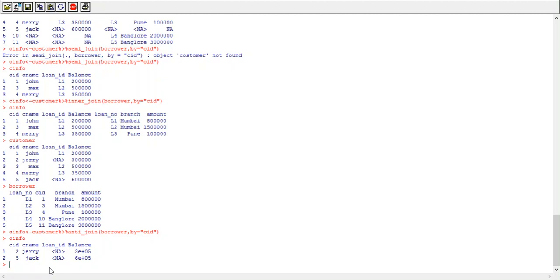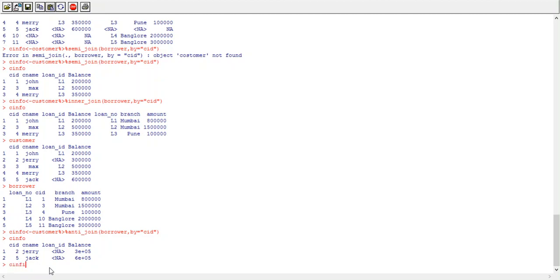Okay. Now we'll see cross join or Cartesian product. So cross join or Cartesian product means all the rows present in one data frame are combined with all the rows present in second data frame. Okay, so it is used to give us the possible combinations of all the rows in both the data frames.